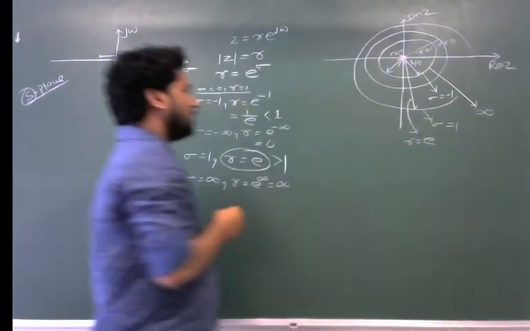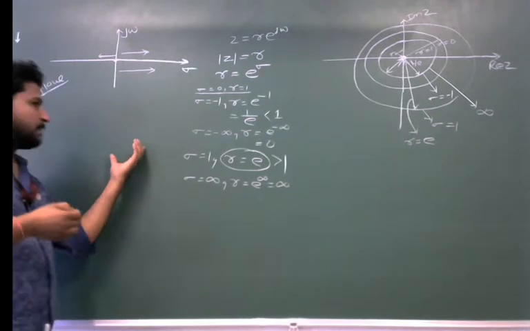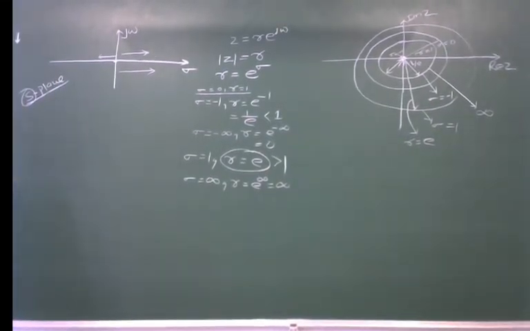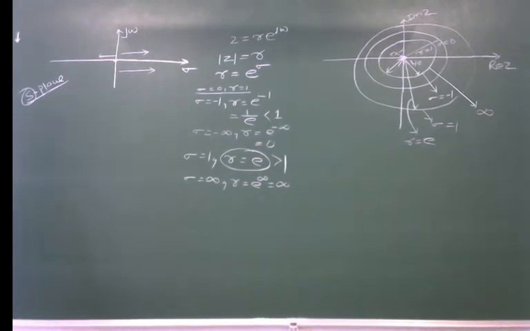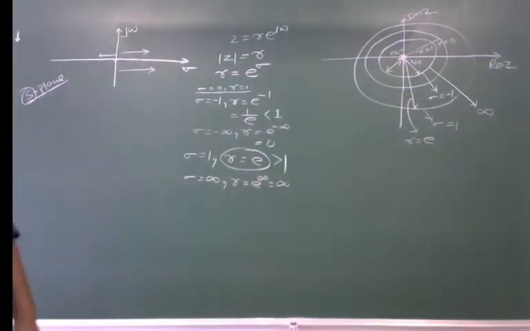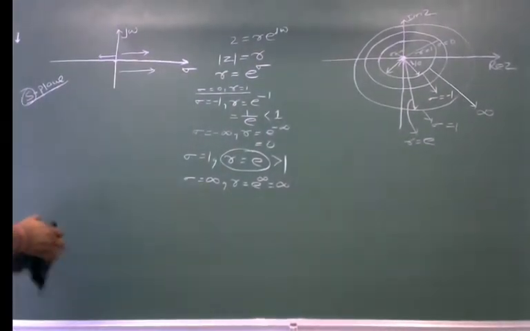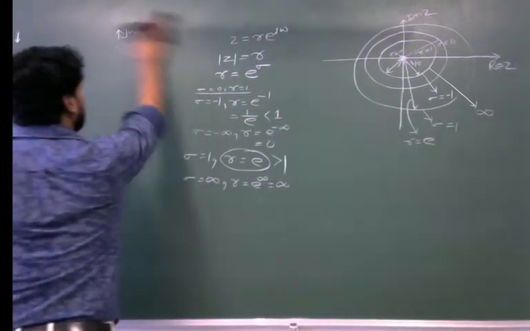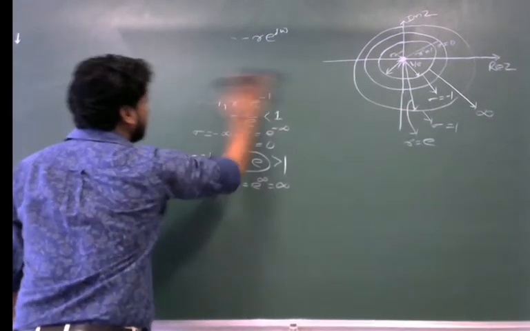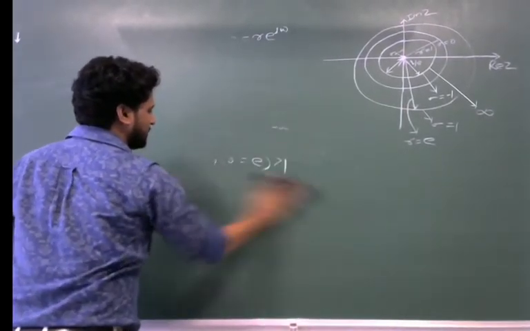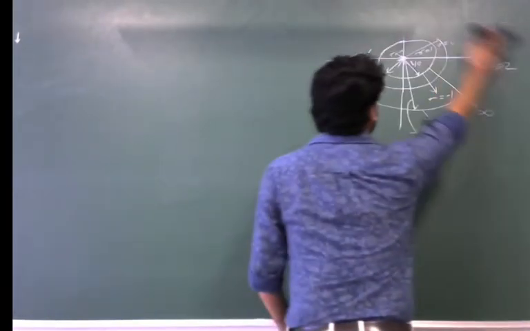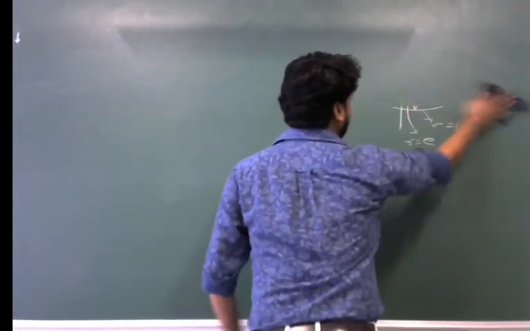This is how the S plane of the Laplace transform can be mapped to the Z plane of the Z transform. Now we will discuss some important questions and their ROCs. We will find the Z transform of some useful functions and then we will discuss their ROCs. So the given example here is,